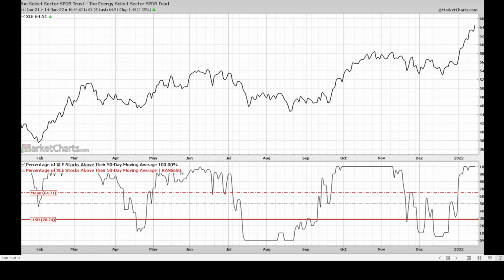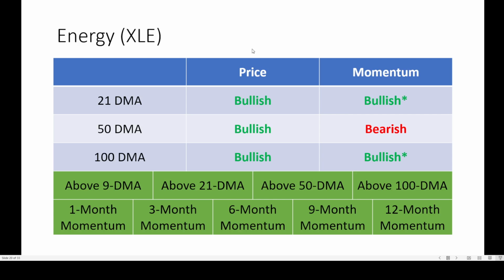You see above the 100%, or very close to it, you start to see a peak in price. Here you see it gets up here, peak in price. And guess what this probably suggests? A peak in price is coming for XLE. So if you like the opposite end of that, or something that trades opposite that, then you're very interested in taking a look at those positions. How about price? Still bullish.